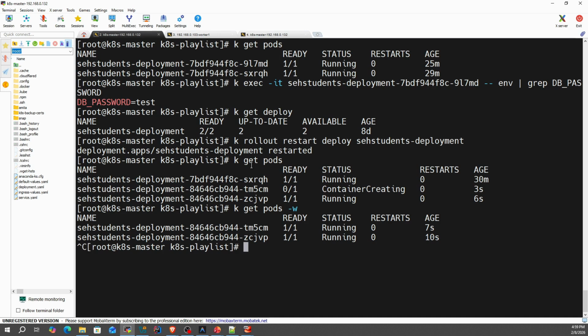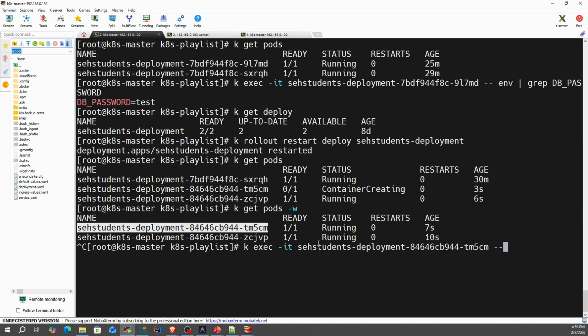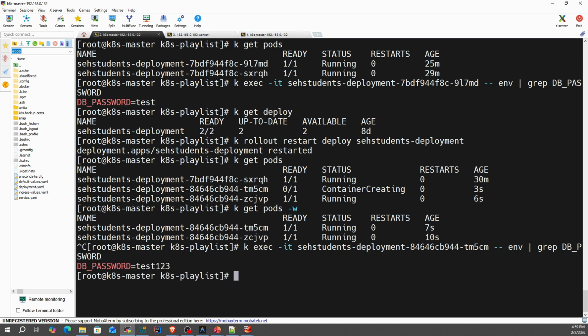Once pods are running again, exec into the pod and check the environment variable using kubectl exec -it, new pod name, -- env pipe grep DB_PASSWORD. Now you will see the value got updated.